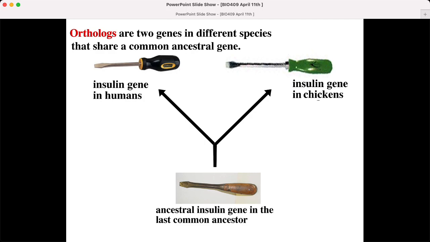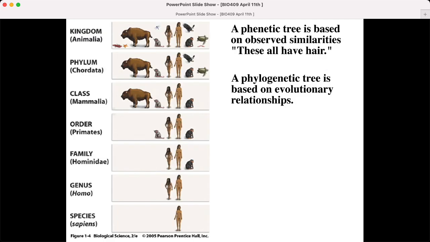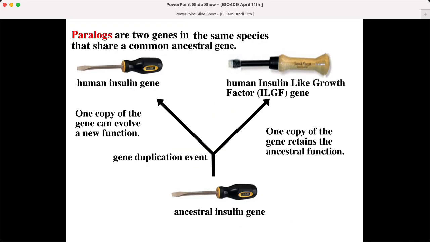The way to think about it is like a set of screwdrivers, and some people have a lot of screwdrivers, right? Those are paralogs. They're all screwdrivers. They're doing the same kind of thing, but they have slightly different structures to play slightly different roles. Okay? All right, so let us just talk about